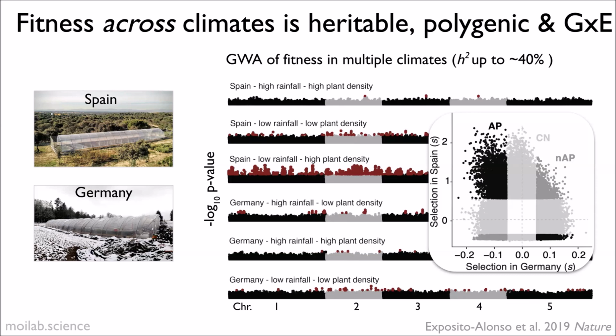And generally what we see is a pattern of antagonistic pleiotropy, which statistical tests show is more likely than conditional neutrality. What this means is that it is more likely that the same loci, at least big chunks in the genome, are associated in multiple environments, but the effect sizes go in